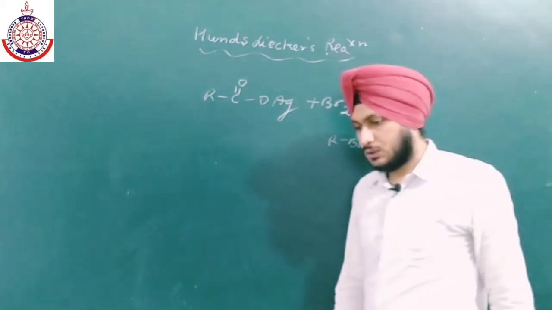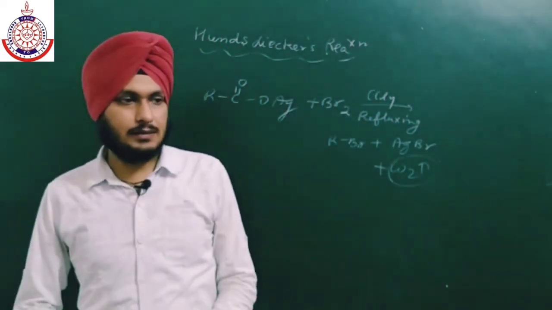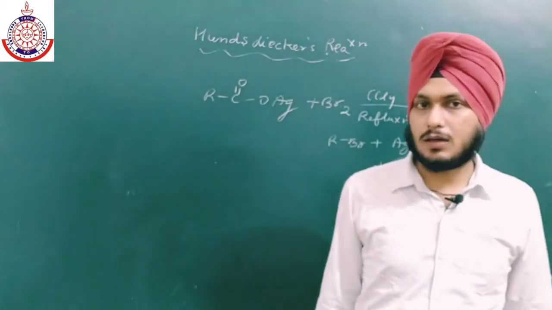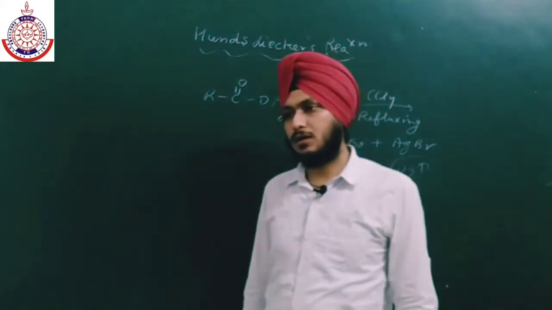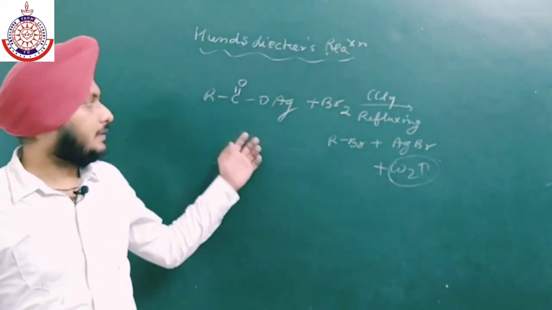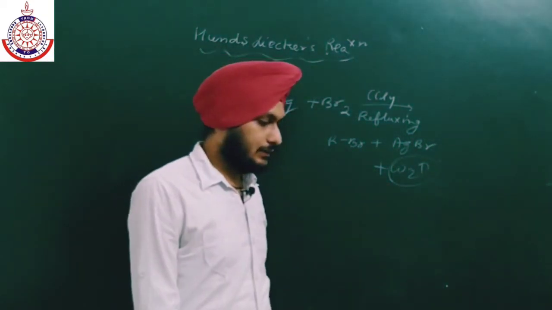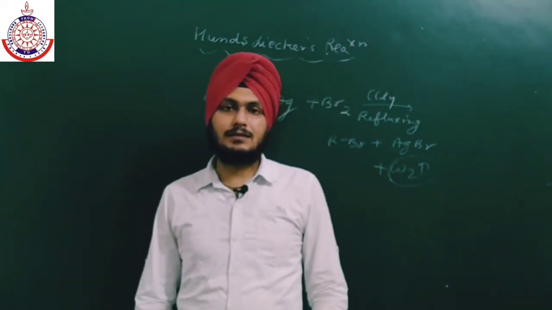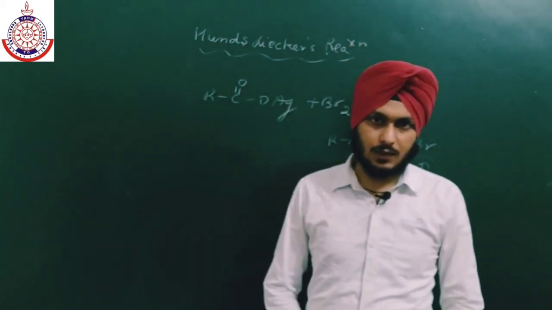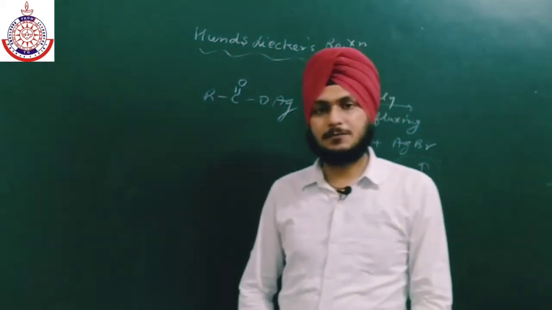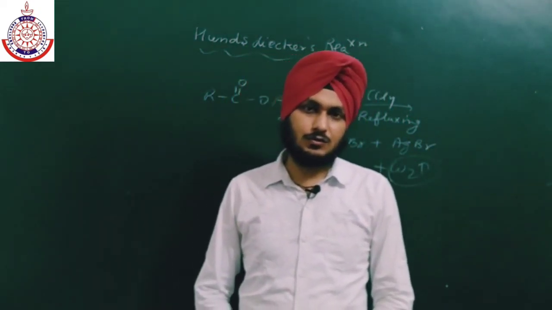So these are the main methods of preparation of haloalkanes from alcohols, from hydrocarbons such as alkenes and alkanes, and at last we have discussed three important name reactions. In the next lecture we will discuss some important methods of preparation of haloarenes. I think this much is enough for this lecture, and thank you so much for watching.